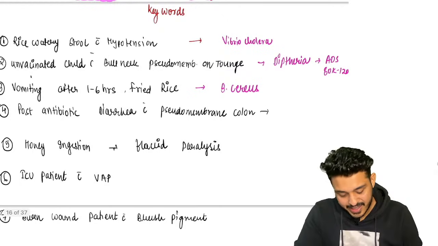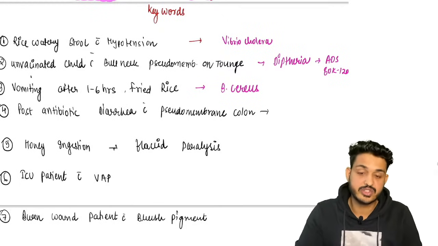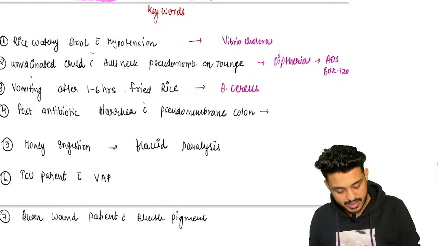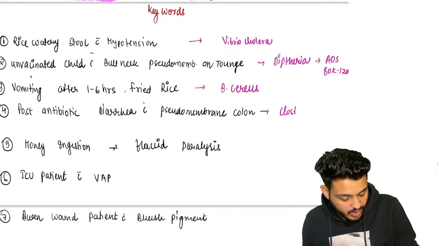So post antibiotic diarrhea with pseudomembrane in the colon. Post antibiotic, third generation cephalosporin, patient is taking for some disease, and he is having what? Pseudomembranous colitis, right? What is going to be the causative agent? The causative agent is going to be what? Clostridium difficile, beta,